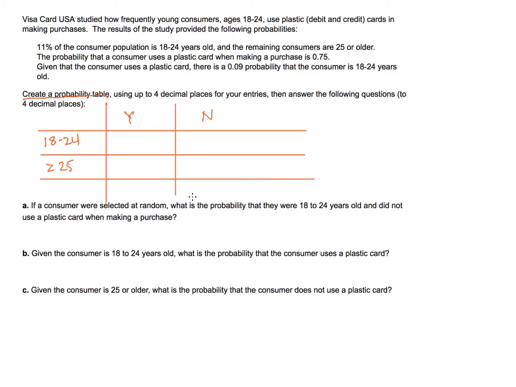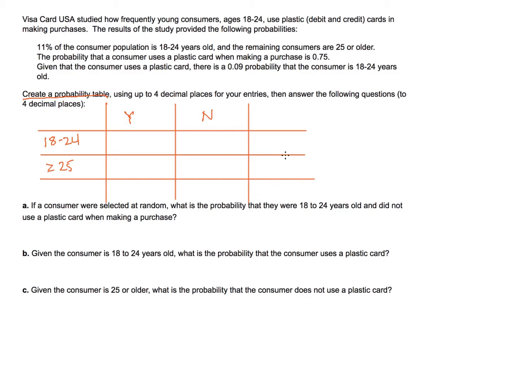Let's think about what everything is in our table. So we have this section right in here. Hopefully you remember that those are your joint probabilities, also known as your intersections. For this one, this would be your intersection between 18 to 24 years old, and yes, they use a credit card. And then everything on these outer boundaries,